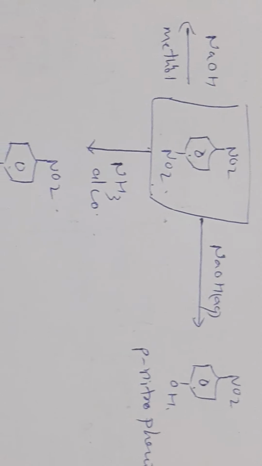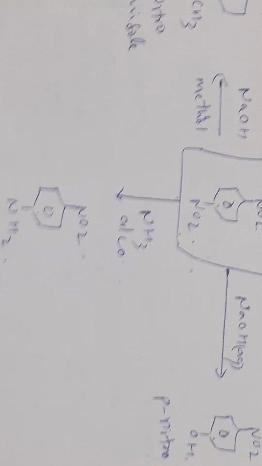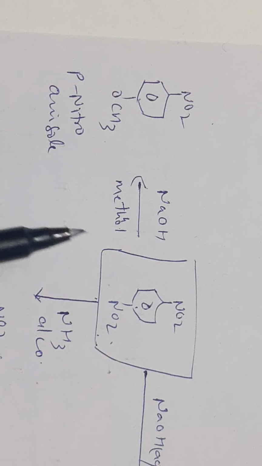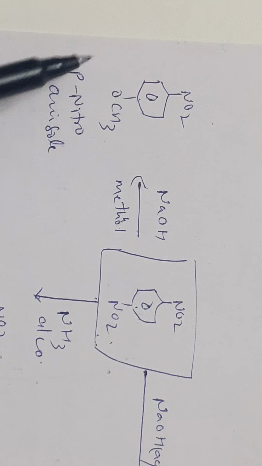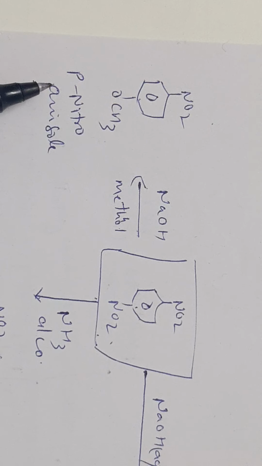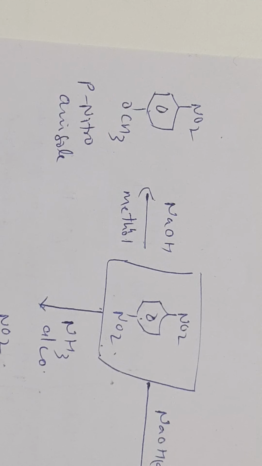Similarly, if it reacts with alcoholic ammonia, the NO2 group is replaced by an amino group and we get para-nitroaniline. And if it reacts with methanol in the presence of NaOH, the NO2 group is replaced by the methoxide group and we get para-nitroanisole. So these are the reactions of